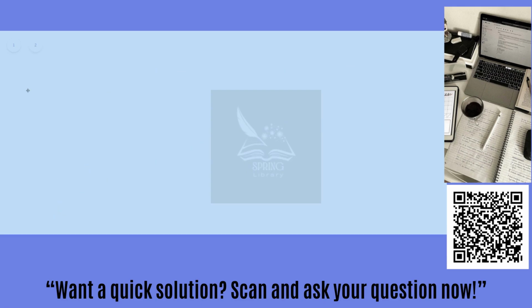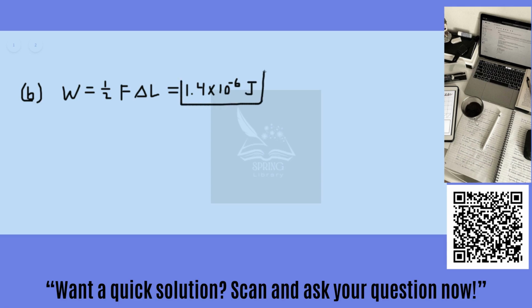Part B wants us to find the work that's involved. Well, the work here, W, by definition, is going to be 1/2 times the force times the change in length, delta L. So plugging these values in, we find that this is equal to 1.4 times 10 to the minus 6. And since the units here are work, the units would be joules, units of energy, which we can